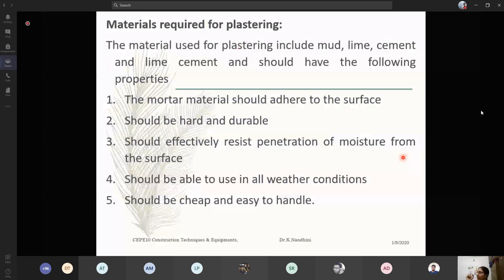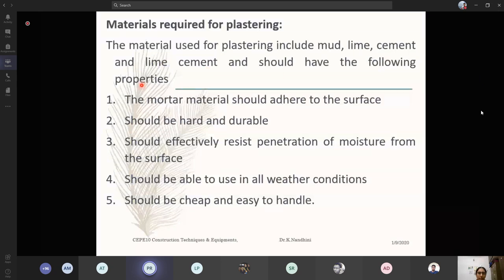Has anyone tried scratching with a scale, pencil, or rubber to see what is inside your paint? Have you done it in your childhood? If you see some scratches in any part of your house, just dig and see what is inside. But don't deliberately disturb a very good wall or painting. If it is already disturbed, just go and see what is there. The materials used include mud, lime, cement, and lime cement.